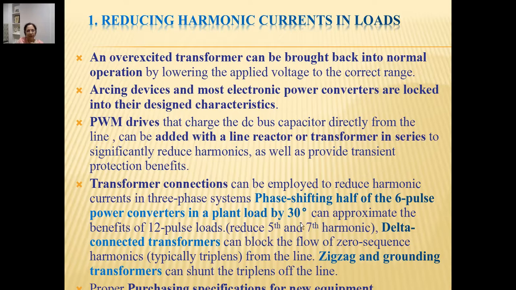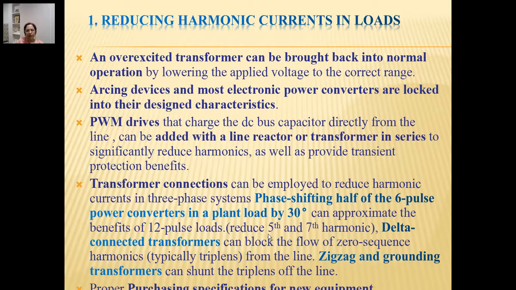We are aware that as the pulse number in the output increases, the ripple content reduces, or in a way it gives lower harmonics. And so a 6 pulse to 12 pulse converter can give a different converter characteristic.